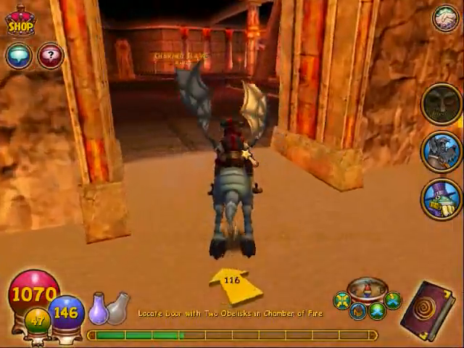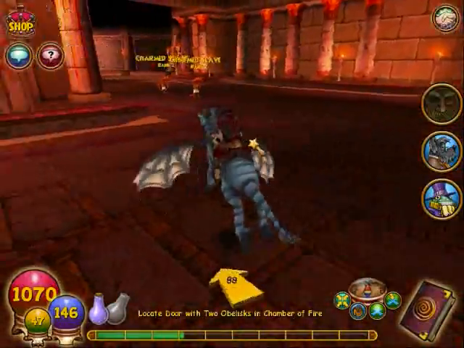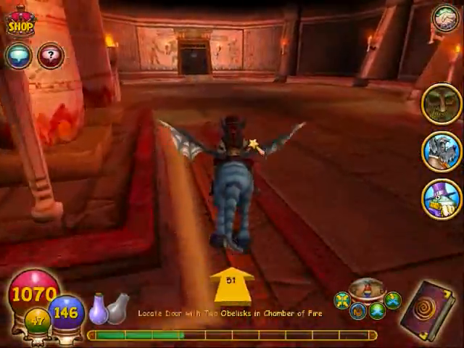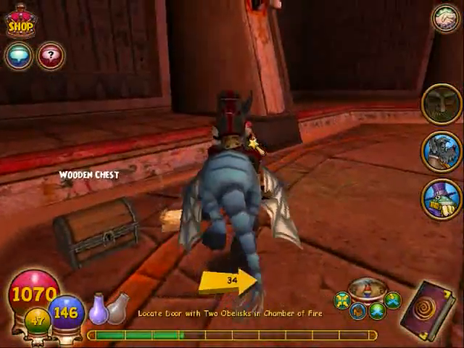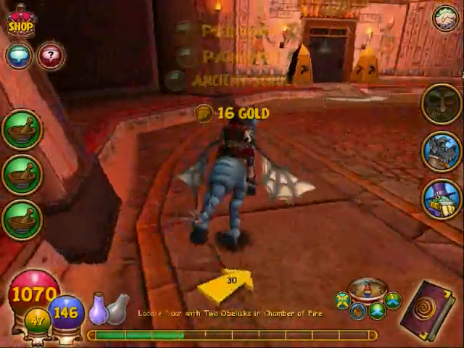Now I have to locate the door with 2 obelisks, and he gave us the best hint. Yeah, it has 2 obelisks beside it in this huge place. But luckily there is a quest helper for this one, and it's pretty easy to find. Like here, find a parchment and